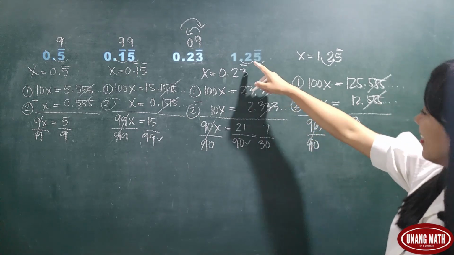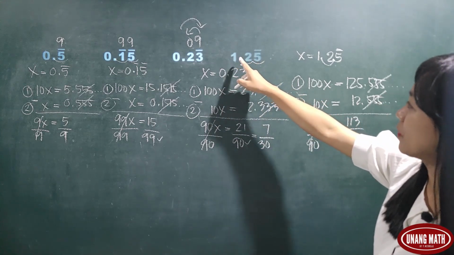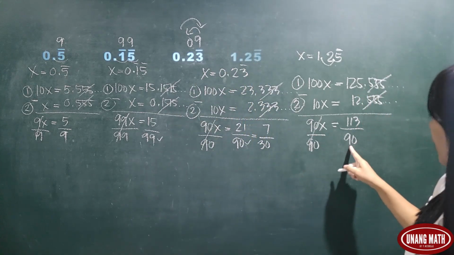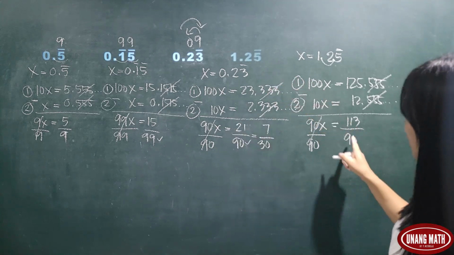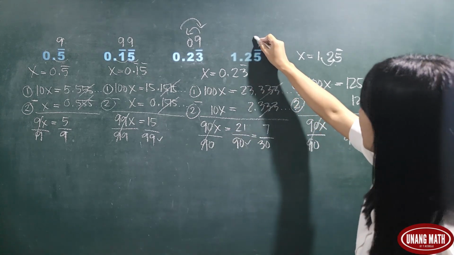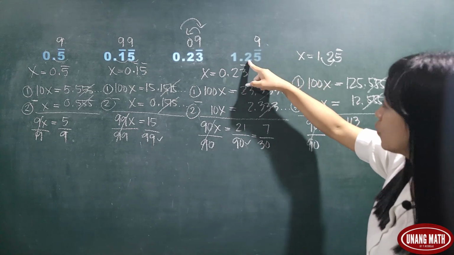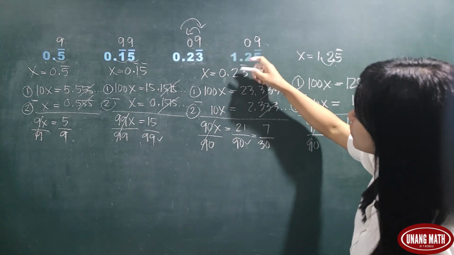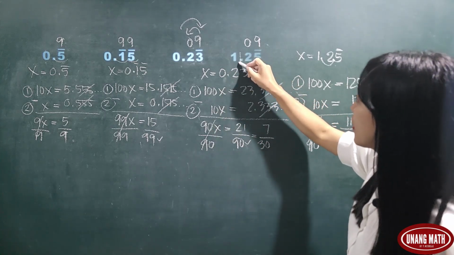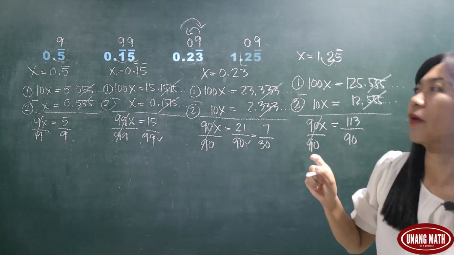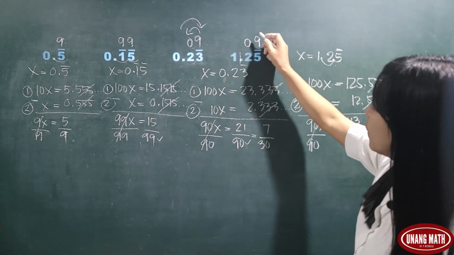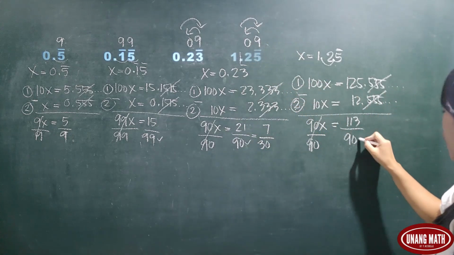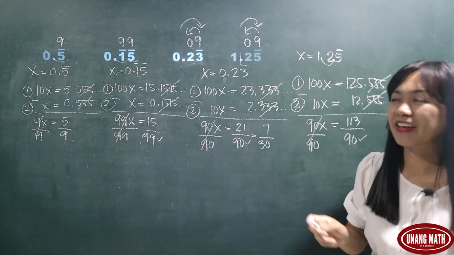So the denominator is 90. Okay, let's check also this repeating decimal, 1.25. Our denominator here is 90. How did we get 90? 5 is repeating, so we will represent this as 9. 2 is not repeating, so this is 0. Again, we will just consider those digits after the decimal point for the denominator. We have to interchange these numbers because 9 should come first before 0. So our denominator is 90.